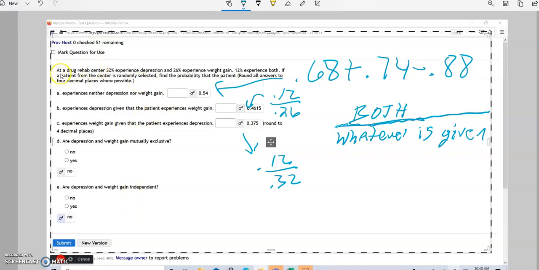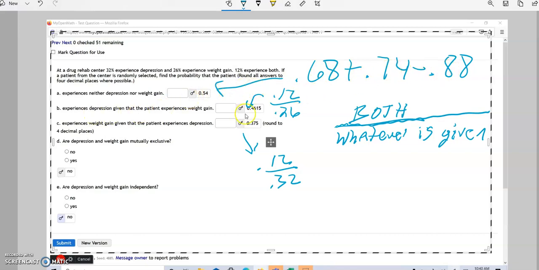Okay, in the drug rehab center, 32% experienced depression, 26% weight gain, 12% both. Remember, the probability for "or" is A plus B minus both. So neither depression nor weight gain is basically 1 minus all these using that formula. If 32 experience depression, 68 don't; 26 experience weight gain, 74 don't; and if 12 experience both, 88 don't. The probability of not depression, plus not weight gain, minus neither, both would be 0.68 plus 0.74 minus 0.88,